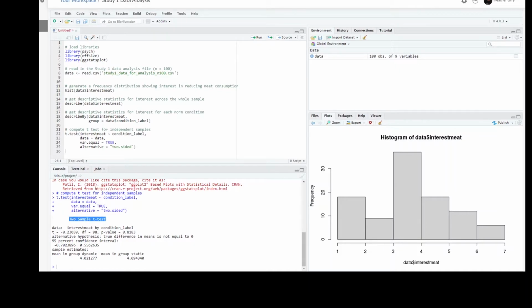We have a two-sample t-test. It's telling us that we were using the data object, and we're testing for the formula interest by condition label. Here is the t-value. It is minus 0.23 with 98 degrees of freedom. Again, remember, we're actually doing this demo video on the basis of only 100 cases. The degrees of freedom for a t-test is n minus 2, which is why the degrees of freedom here is 98. And the p-value is